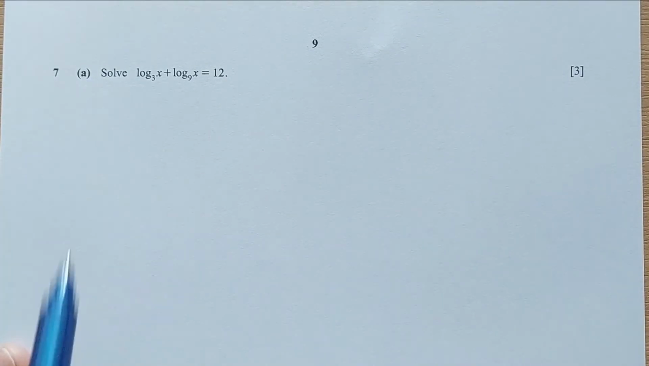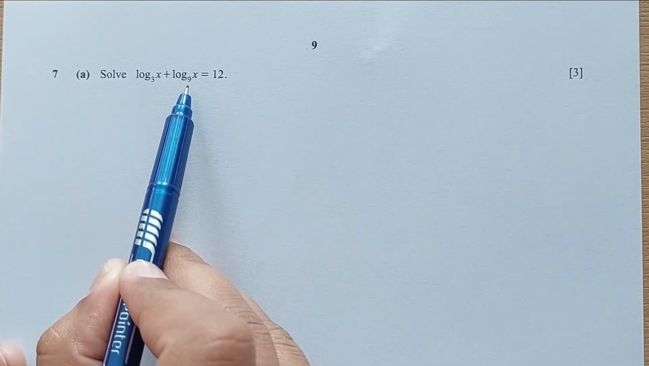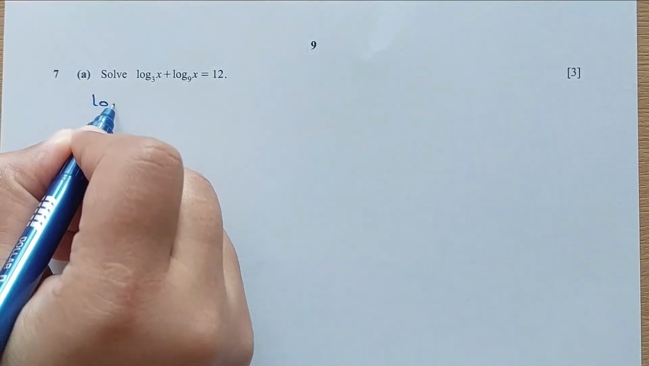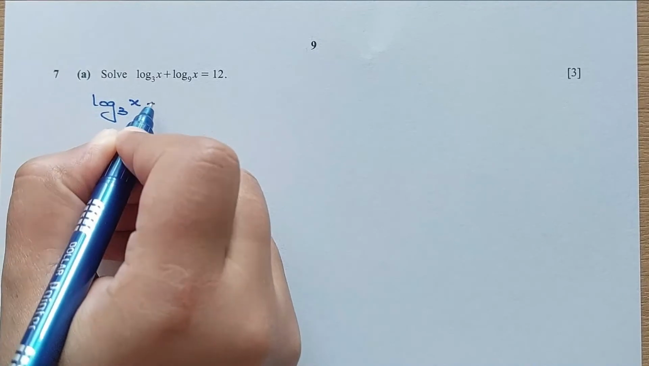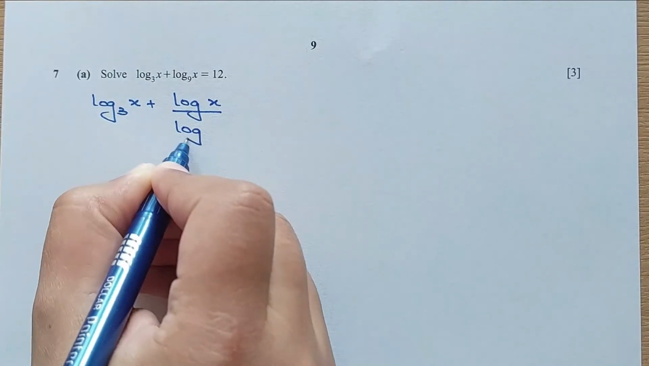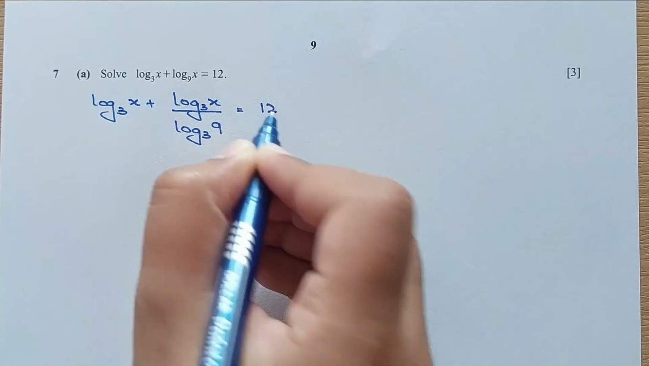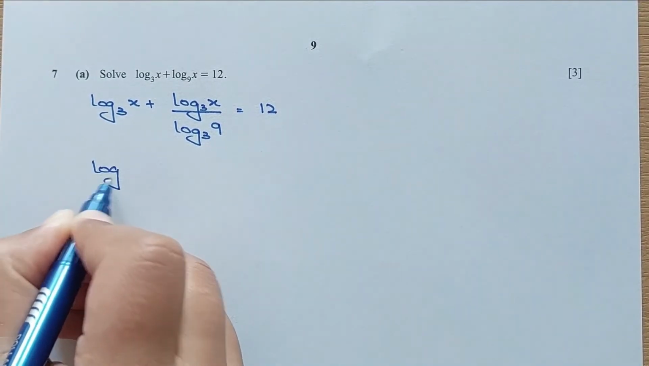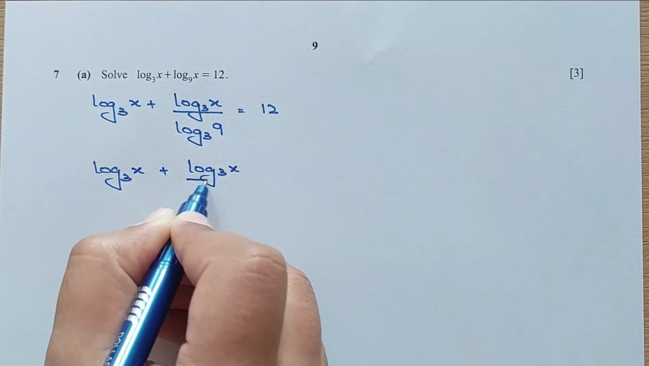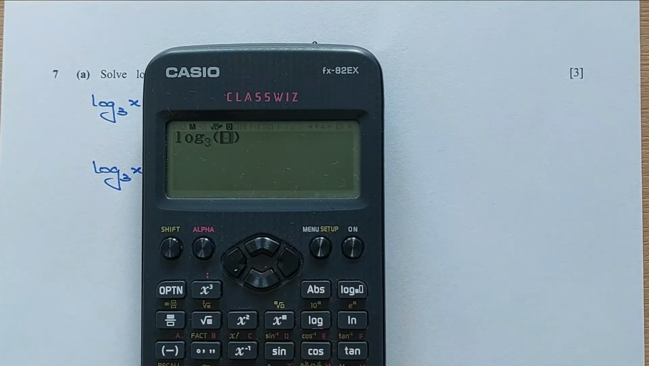Question number 7 in A part, we need to solve this logarithmic equation and we have a base 3 and base 9. So first we have to make the same bases using the change of base formula here. So we have log base 3 x plus log x over log 9. So let me use a base 3 equals to 12. Right, so here we have log 3 x plus log base 3 x divided by, what is log 3 9? Log 3 9 is 2